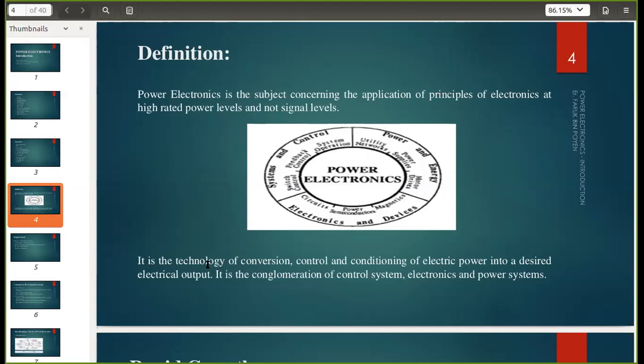At home you can see there are 3-pin sockets, 5-pin sockets. When you plug that mobile charger into that socket, inside that charger there is a circuit, an electric or electronic circuit. There will be some small PCB. In that mobile charger there is a converter. That is why, in the slide, you can see it is the technology of conversion. Here I need to convert whenever it is necessary.